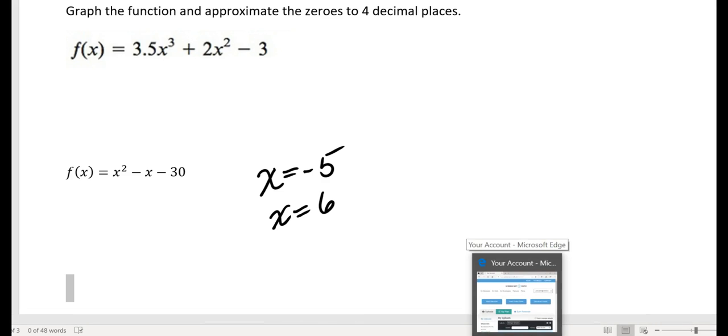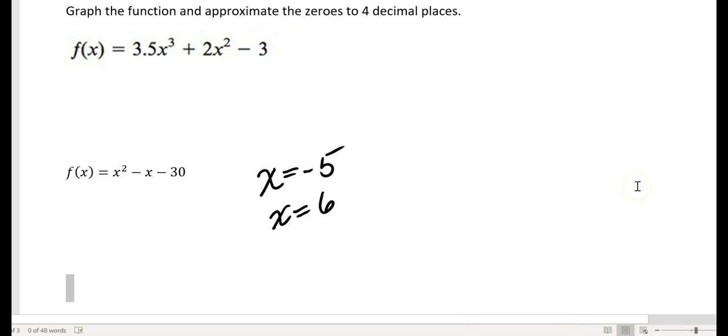Now, there's another method you can use in your calculator, and it's called zero. It's also on that calculate menu, and you're welcome to read about it in your book. If you want to use this method, it's on page 222 and 223. But I think that with the intersect method, I've had a lot more success with students getting it right. So try them both, see what you like. Okay, our next